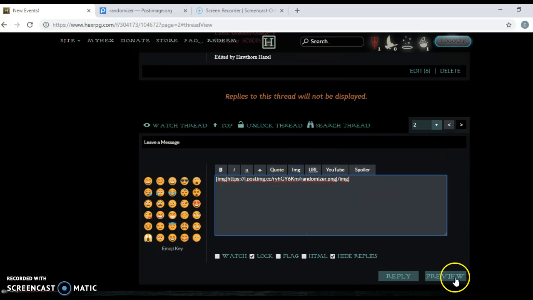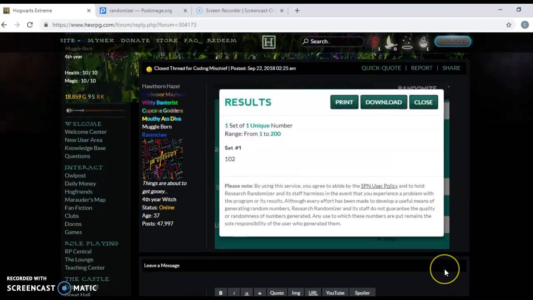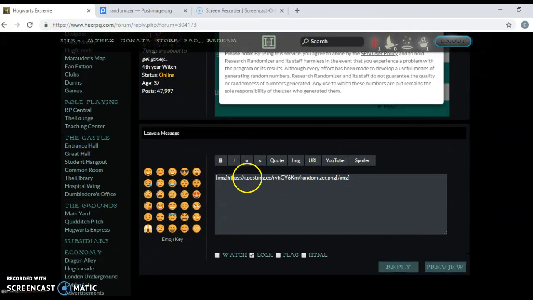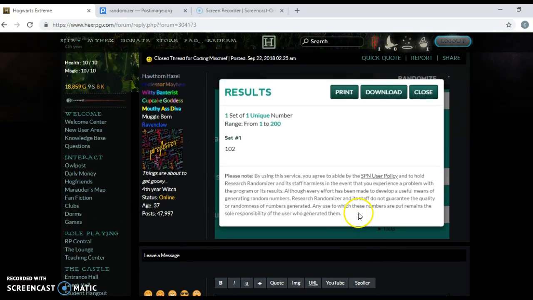Now I have an image tag. You can preview it. So it worked, it's there, and then you can post it or type whatever text you want around it, and you have proof of your results for